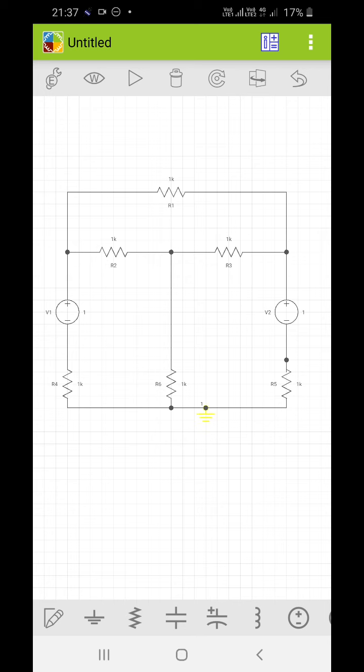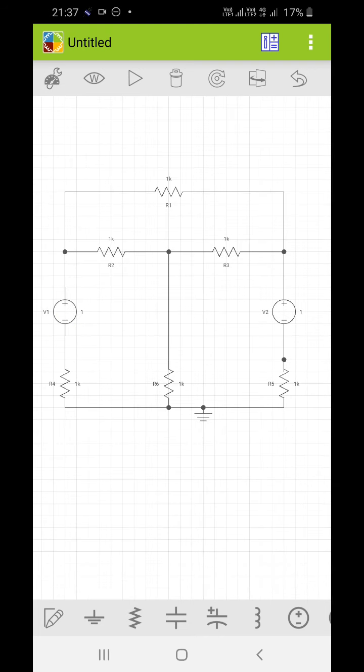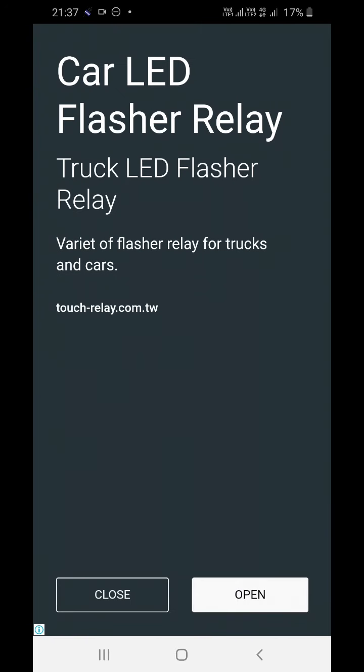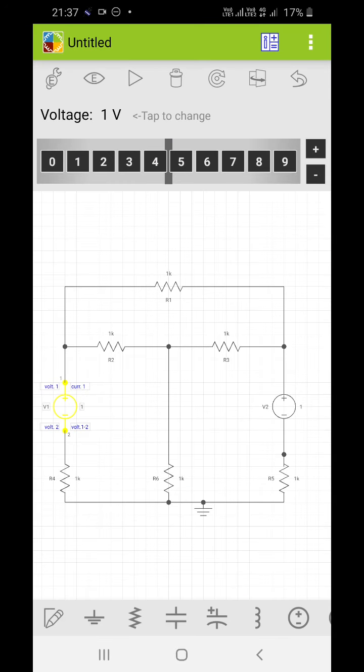So I have provided the ground, and now I have to give the voltage source, and I want this voltage source to be 9 volts. So I will click on this voltage source, and I will go to this E. Okay, so this VDC of 1 volt I have to take 9 volt.